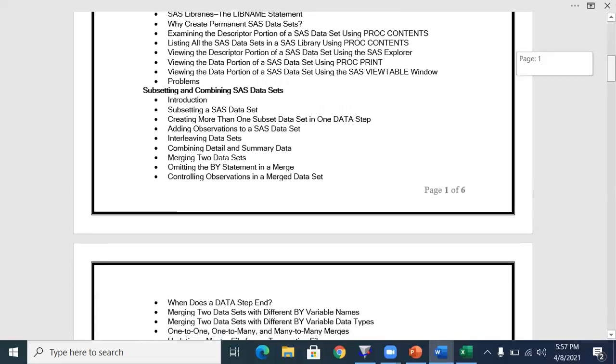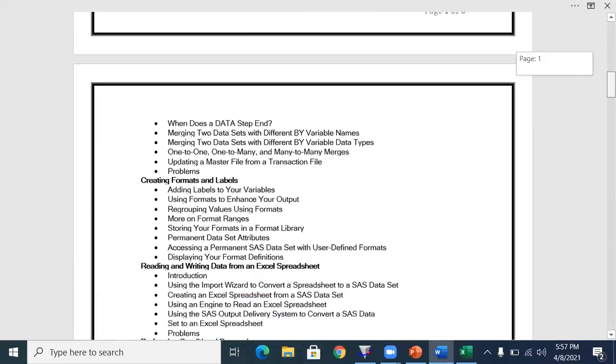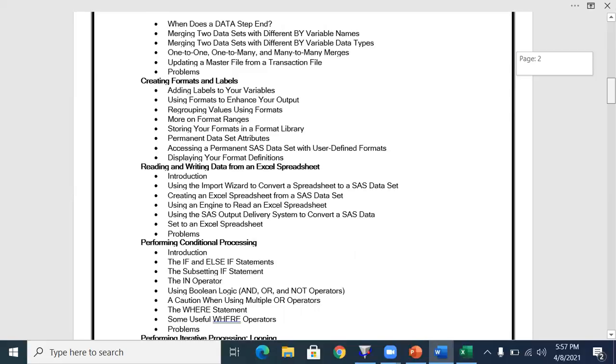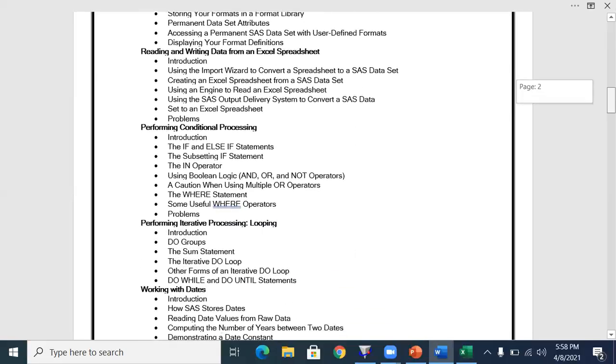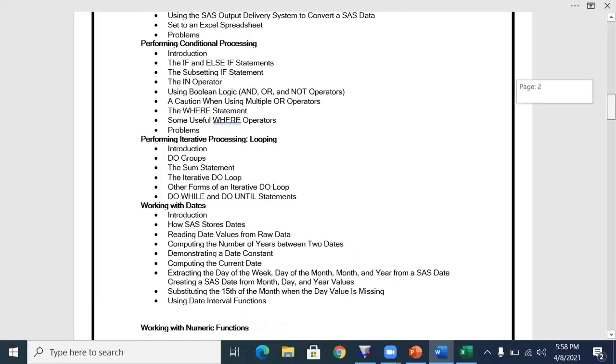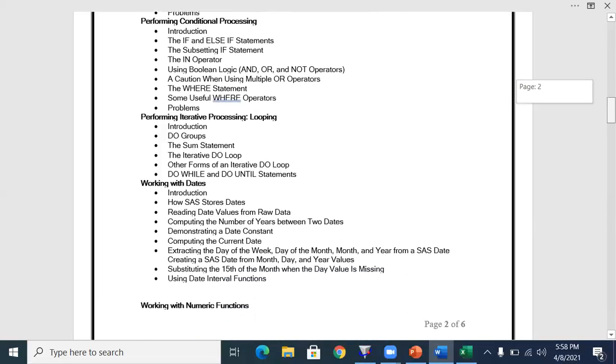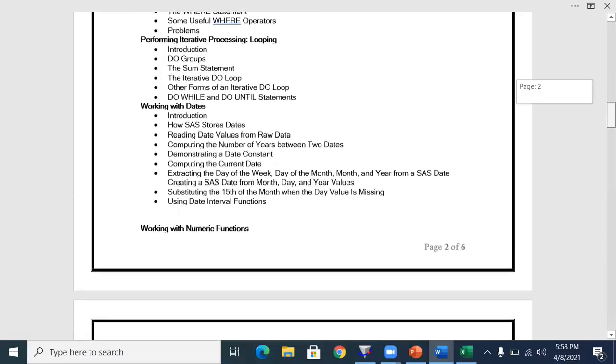So after library, we'll be moving to combining the data sets, and then all the formats and labels associated with the data, dealing with Excel spreadsheets, and conditional subsetting, if, where, like everything. Sometimes we won't be able to do the subsetting with FIRSTOBS and OBS, so you have to use conditions, which we will be using here and there.